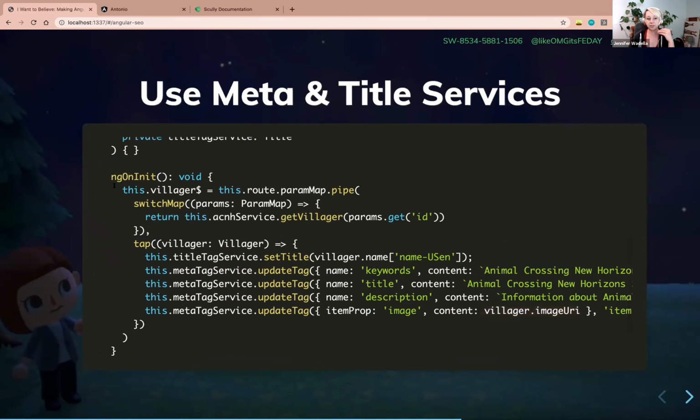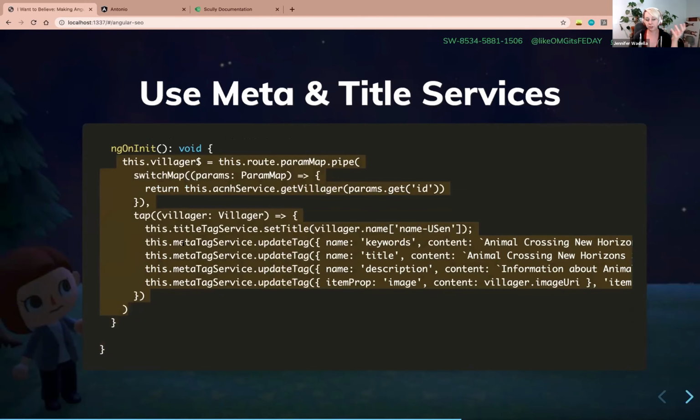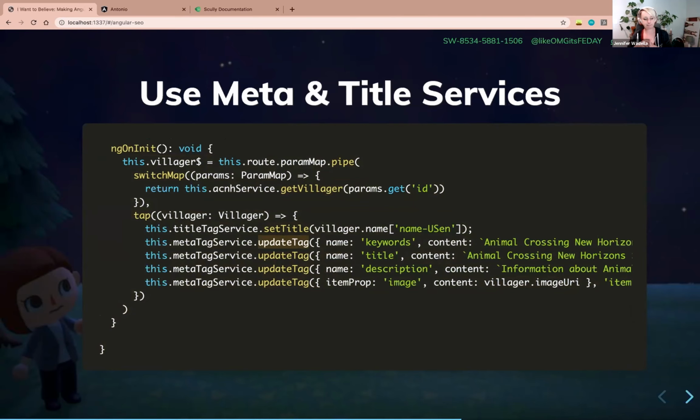And so this code is going to execute when we reinitialize this component. And so when we navigate to this, it's going to make that call to the API based on that route param ID changing. And then all of this is going to re-execute. So the thing to look out for is you want to call update tag versus set tag on the meta tag service, or you're just going to keep slapping tags on the page, and that might not be what you want. It's something you might miss easily.